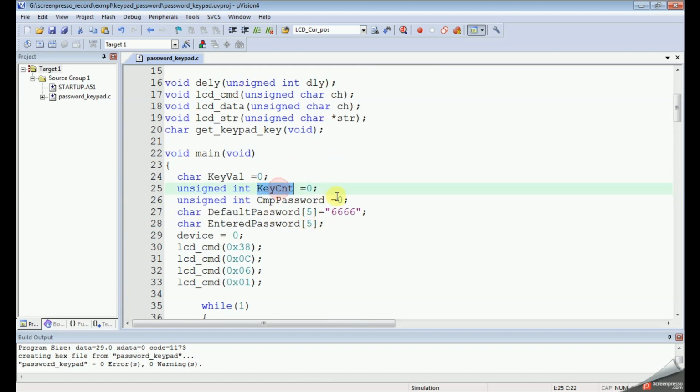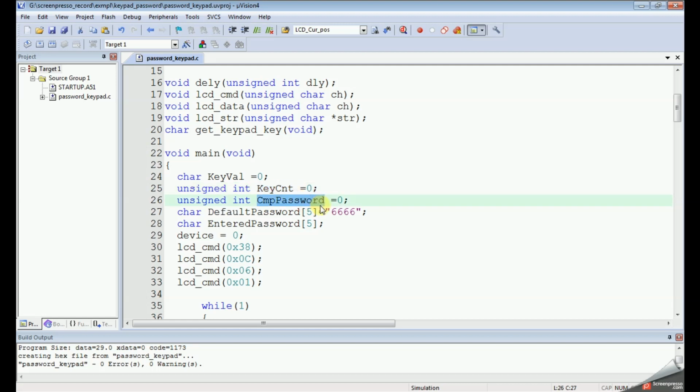Next I am using a key count. I am going to use a 4-digit password, for example the default password is 6666. The user-entered keys should be counted, and that will be updated using the key count variable here.